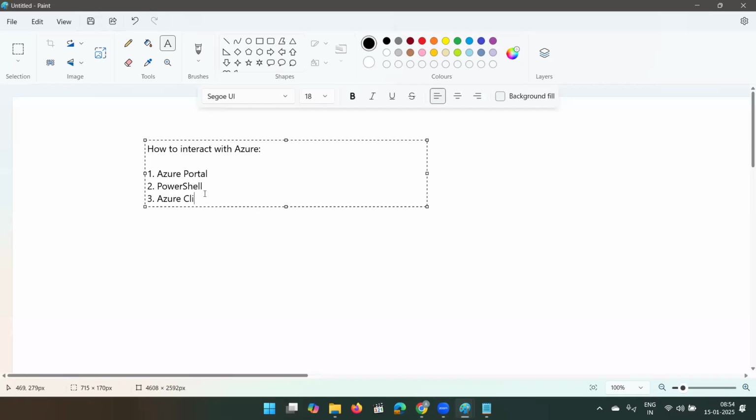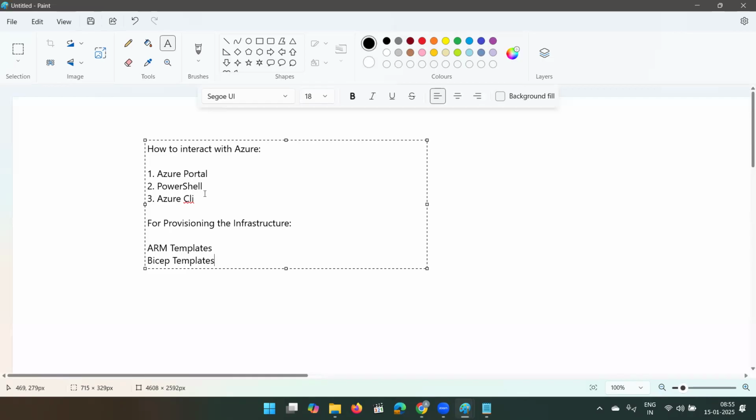how you can provision the infrastructure. So for provisioning the infrastructure, you have ARM templates and you have Bicep templates. This is for provisioning the infrastructure. Somewhat like you can call it IaC, infrastructure as code. You will write it down as code and the infrastructure will get provisioned either via portal, PowerShell, or